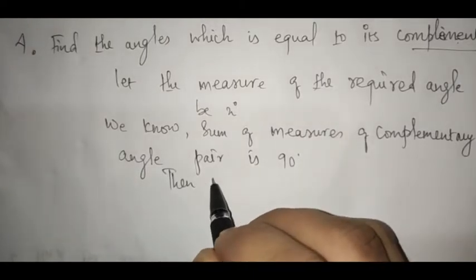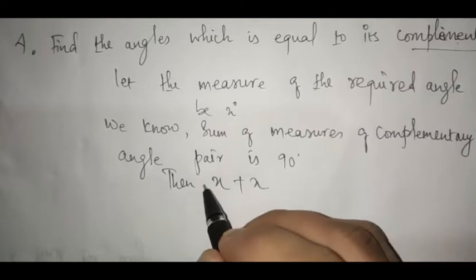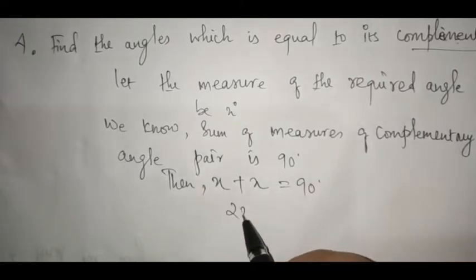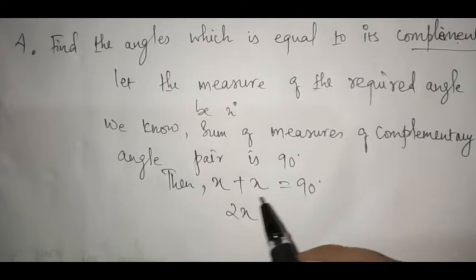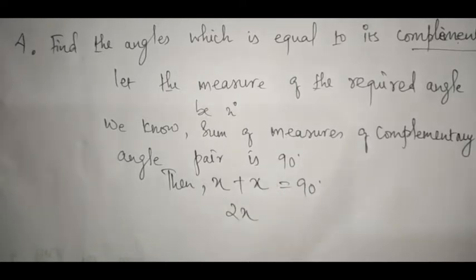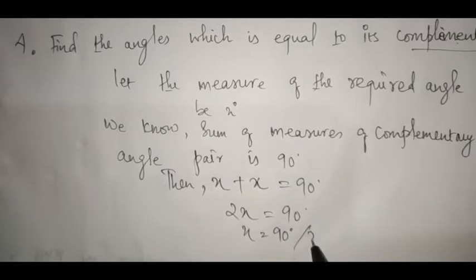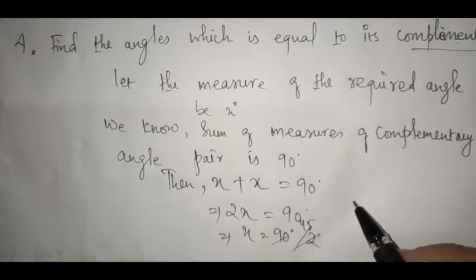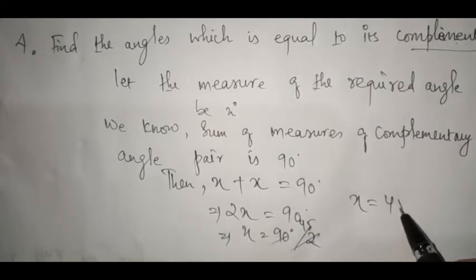So then we can write x for the pair of angles, no? So x plus x is your 90 degrees. So x plus x means 2x. Here not a single angle is given, so we don't know what the pair of angles is. Okay, so both are x degree, so 2x, x is equal to 90 by 2, because this 2 came here. Now 2 ones are 2, 2 45s are 90 degrees, so x is equal to 45 degrees.